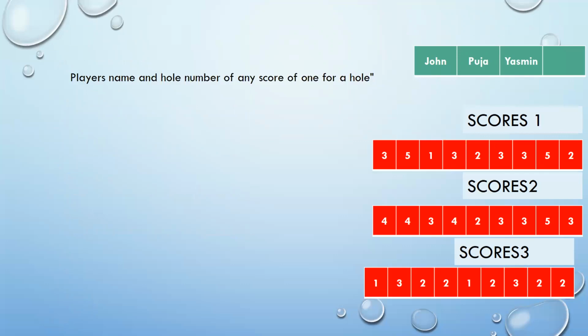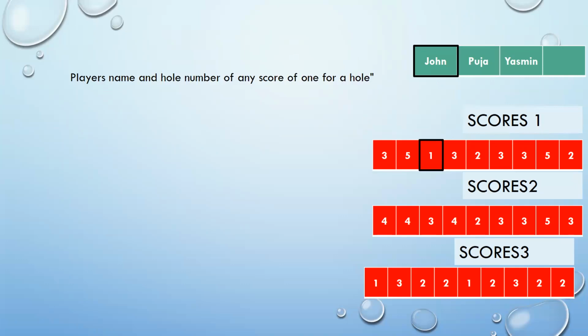So let's see, for example, if you are talking about John, his array is scores 1. And for the third hole, he has managed to put the ball in just by a single stroke. So your output will show player name as John and whole number as 3, because that's the third hole where he managed to put the ball in using only one stroke.